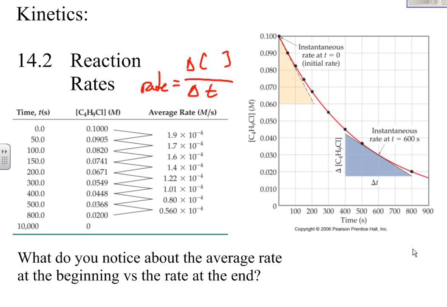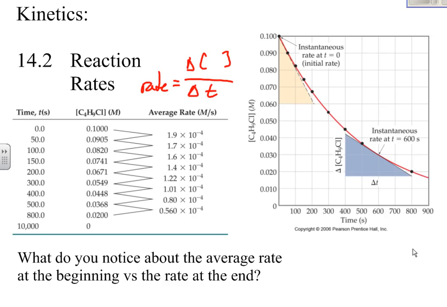And notice again that rate decreases. So if you take a look at the slope anywhere along this line, which is the change in the concentration over change in time, that would be the slope. If you found the value of that slope at any particular point, you would find the instantaneous rate at that point. So again, as you can see from this reaction, that slope then decreases, which means the rate of the reaction